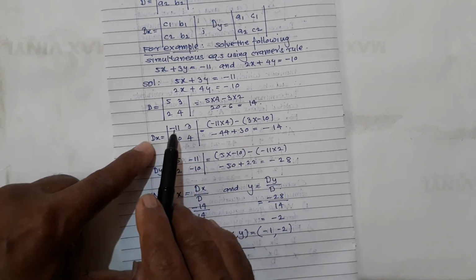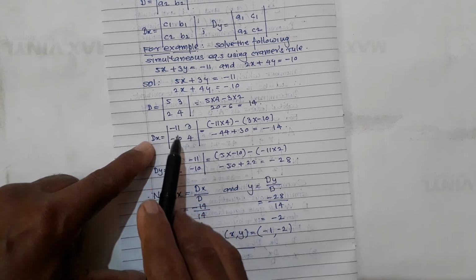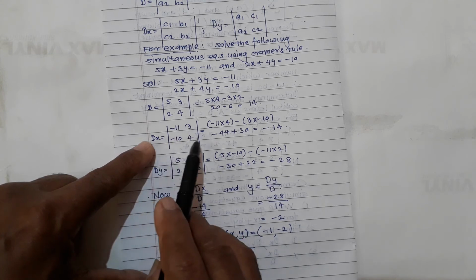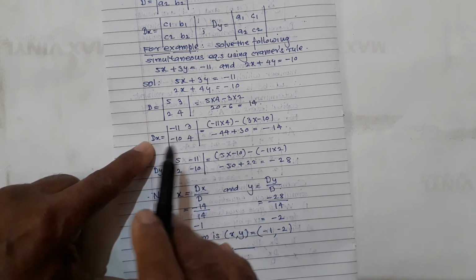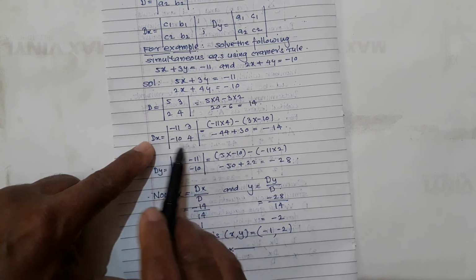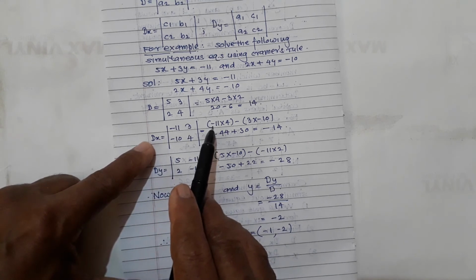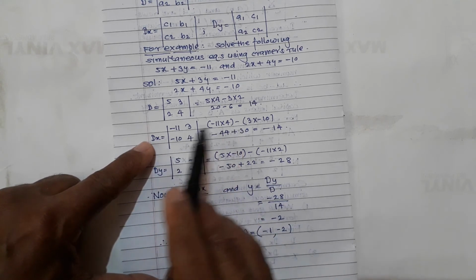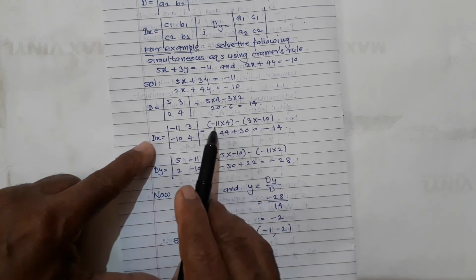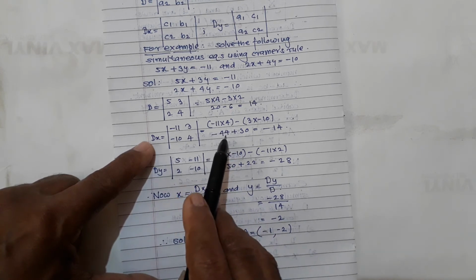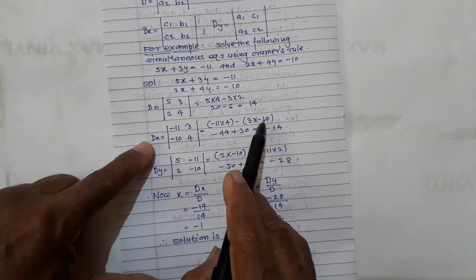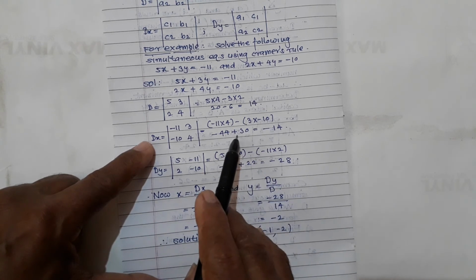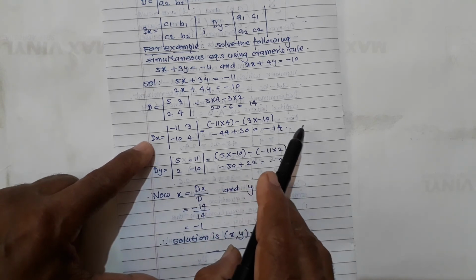Then next, Dx. Here for x you replace the constant terms: minus 11 3, minus 10 4. Find the value of this, and remember that where negative elements are there, you put them in brackets. So minus 11 into 4 minus 3 into minus 10. Minus 11 into 4 gives you minus 44, and 3 into minus 10 gives you minus 30. This is negative here, so change the sign, plus 30, which gives you minus 14. Is it clear?